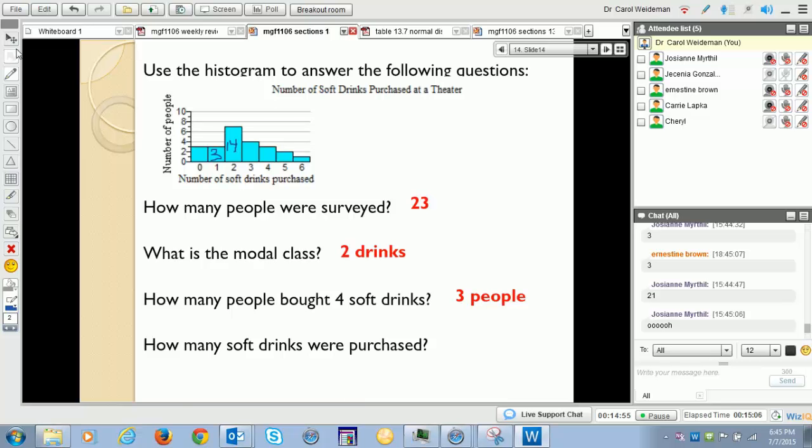All right, and then the next group, 3 drinks. How many people were in that group? 4. 4 times 3 is, you're almost there. It's a little bit more than 56. This one's 12, unless I did my math wrong. This one is 4 times 3. This is another 12. Okay, the next one is 10. And then there's a 1.